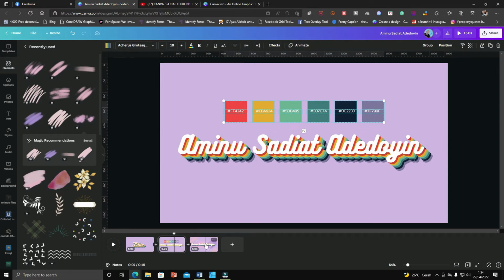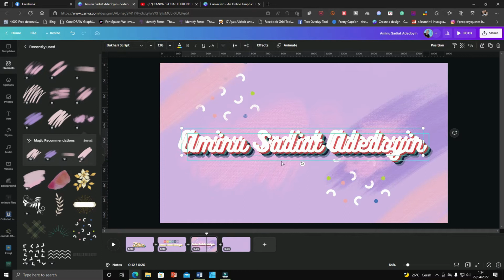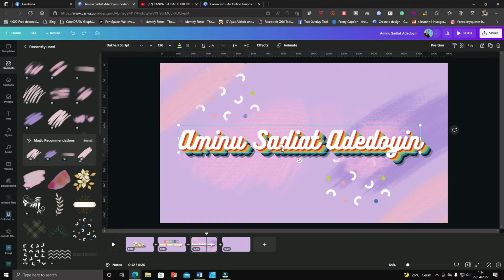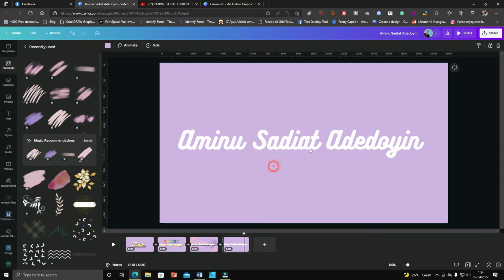Is it hard to make this one? No, it is so easy. I'm going to make this one with your name. I will use your name, and I will return to the original one. I will start with the white color. To make a shade like this, there are actually a lot of ways to make the lines, I mean the rainbow effect. Once you type your name, like this one over here,